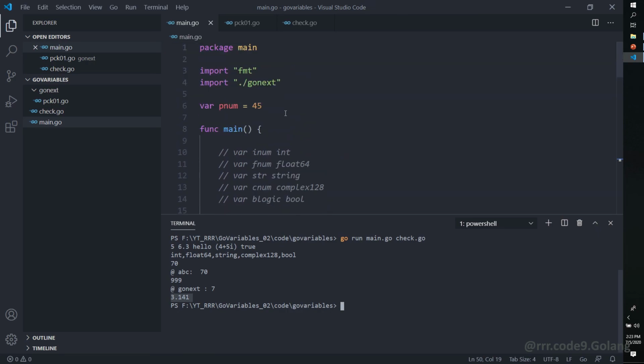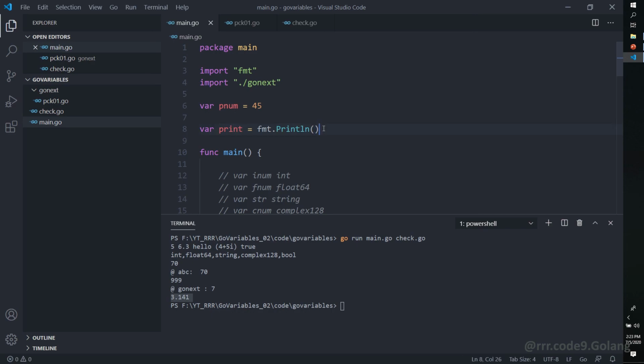Another thing I want to show you is that you can assign variables with functions. Var print equal to fmt.println. This is for illustration only. We are not going to use this in our course.